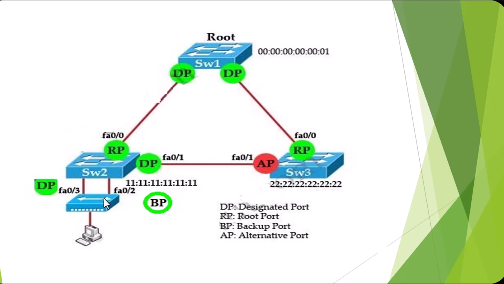So the lowest port ID will be elected as the designated port, and the other port will be the backup port. That is how it elects the backup port and the designated port, which we didn't have as port roles in the legacy STP,